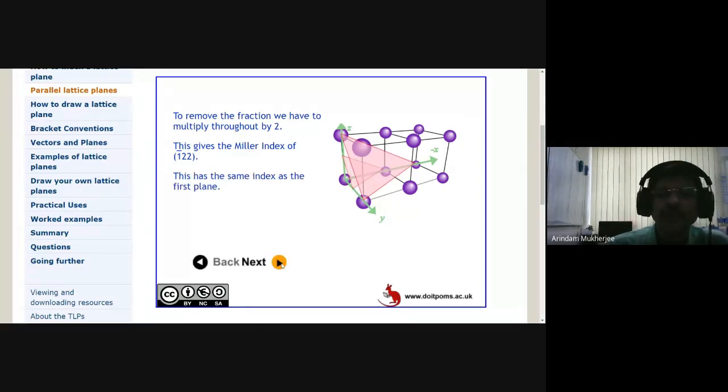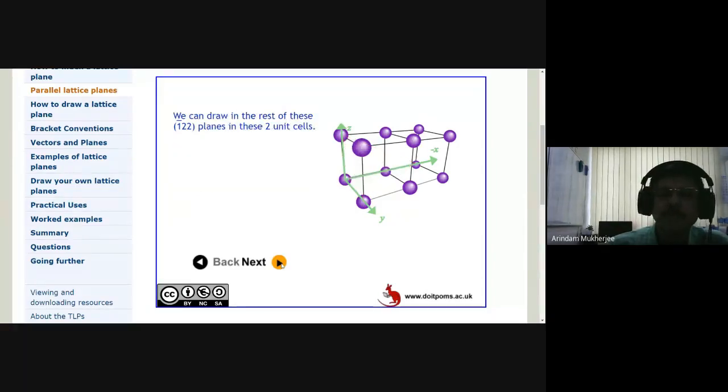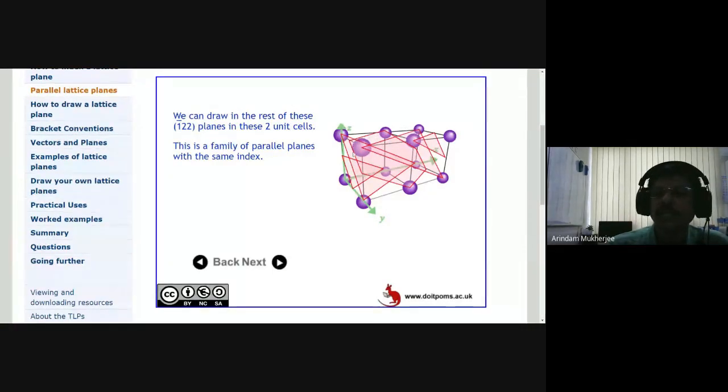So the parallel planes have the same Miller indices. No matter how far you go, you can simplify this and you can go on doing this family of planes. Those which are cut here, you can see like this, is because they are extending to the next lattice. So I do not have so many of them, so I had to draw the boundary here. So you can have a parallel set of planes and they will have the same Miller indices.